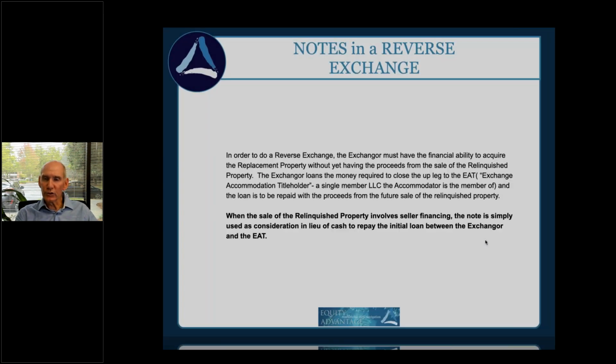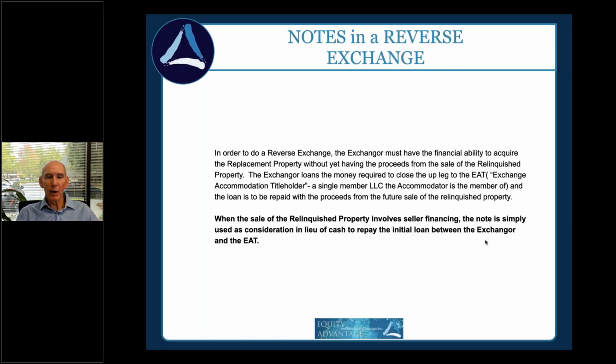Now, in a reverse exchange, think about what we were talking about earlier. In a reverse exchange, when we buy that property, the taxpayer shows up at purchase with the money required to buy that property. We sign a note saying that we have borrowed that money from our taxpayer. So if a future sale was an installment sale, that note is going to come to us just as the cash would, and we can use the note and cash to pay back the debt we've got.